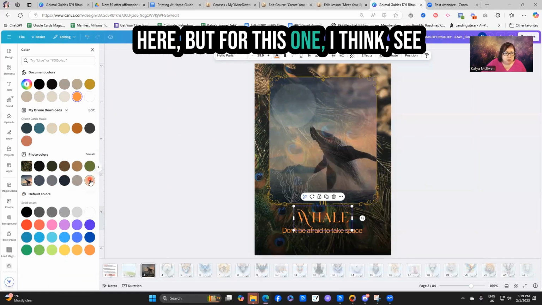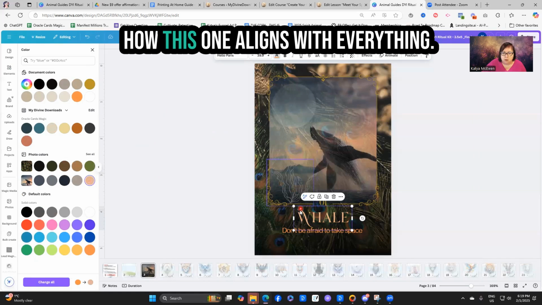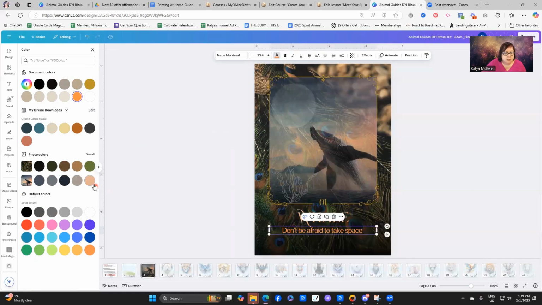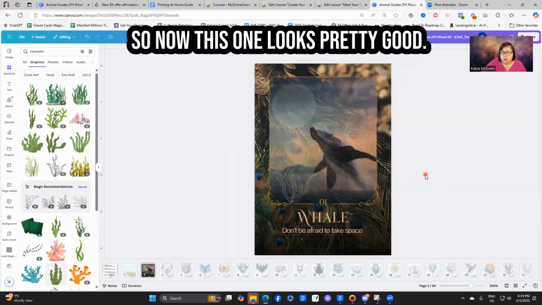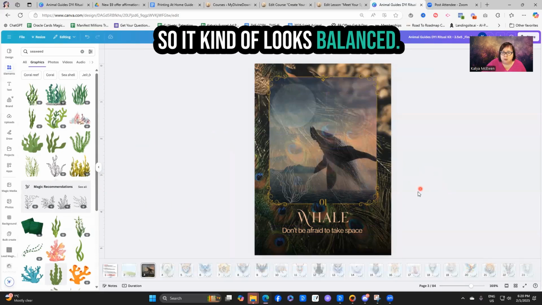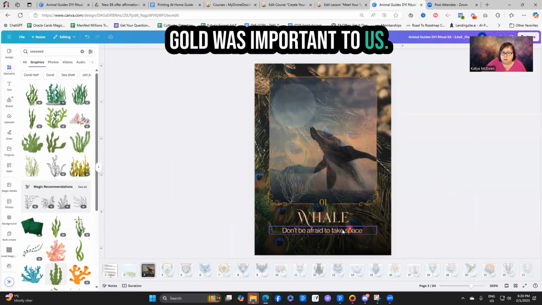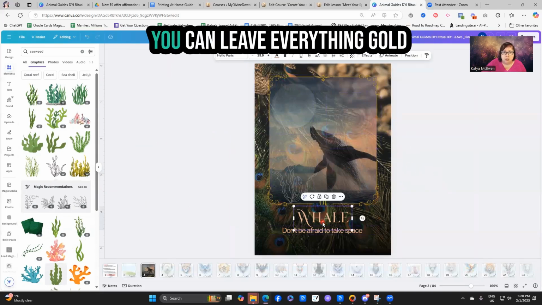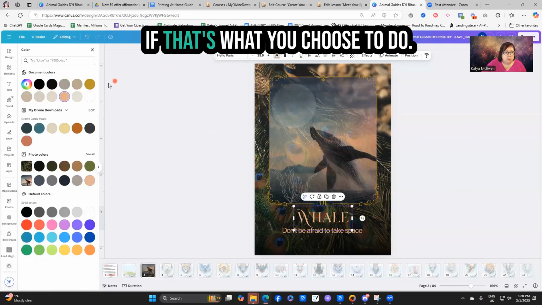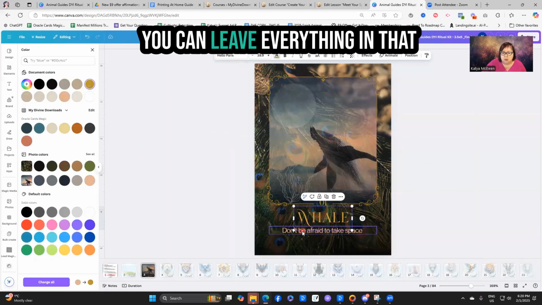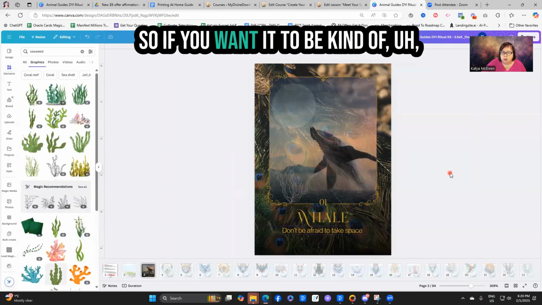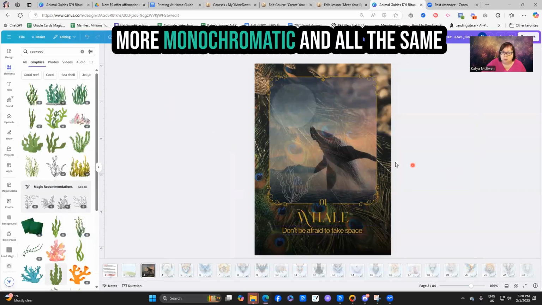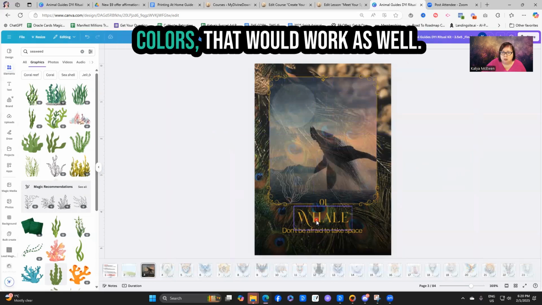But for this one, I think, see how this one aligns with everything, and because it's from the image at the top. So now this one looks pretty good. So it kind of looks balanced. Gold was important to us. And another thing you can do, you can leave everything gold if that's what you choose to do. You can leave everything in that color and that hue as well. So if you want it to be kind of more monochromatic and all the same colors, that would work as